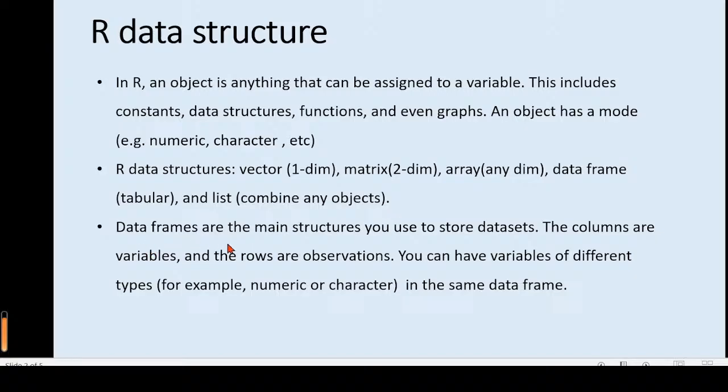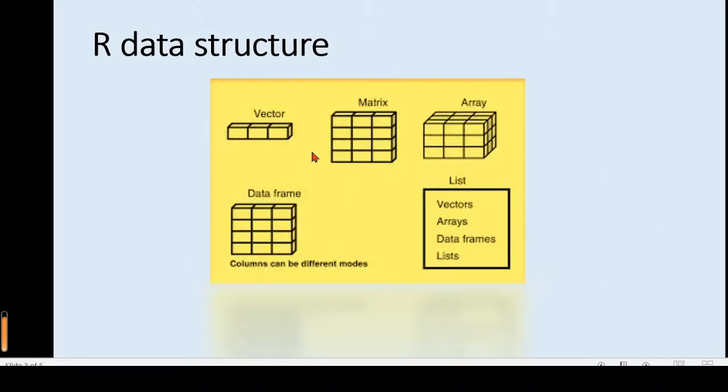Now, data frames are the main structures you use to store datasets, where the columns are variables and the rows are observations. You can have variables of different types, for example, numeric and character, in the same data frame. So this figure illustrates those basic data structures in R. This is a vector, one dimension, the matrix for the